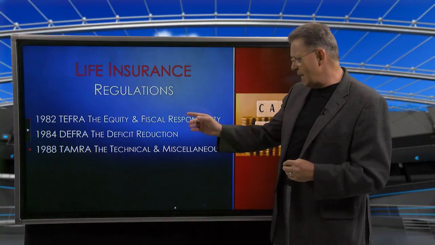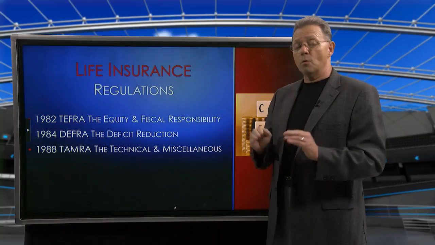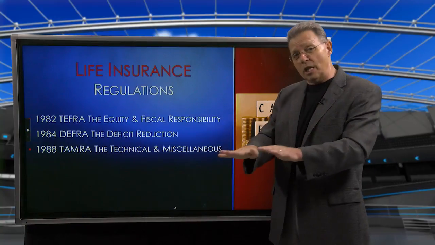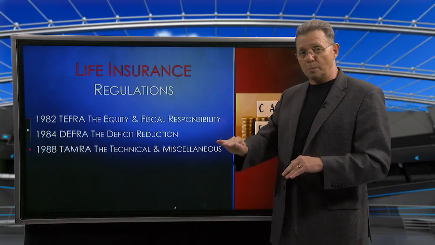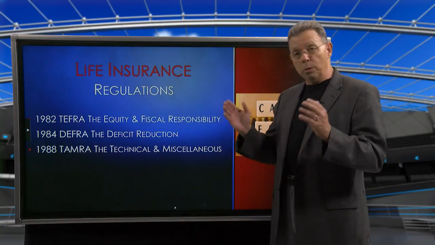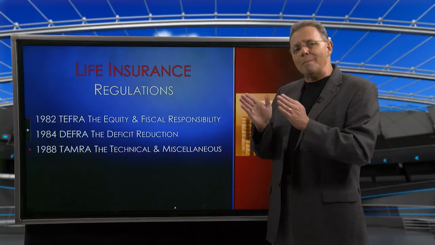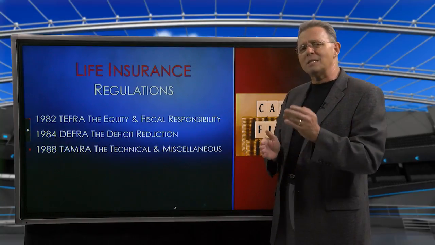And then in 1988, the TAMRA provisions came in on single deposit life, where they said from now on, if you're doing a single deposit life, we're going to treat the taxation like an annuity, which took a lot of the bloom off the rose, so to speak. But we can still play the 1988 and be TAMRA compliant. We just have to actually make several payments instead of making a single deposit.